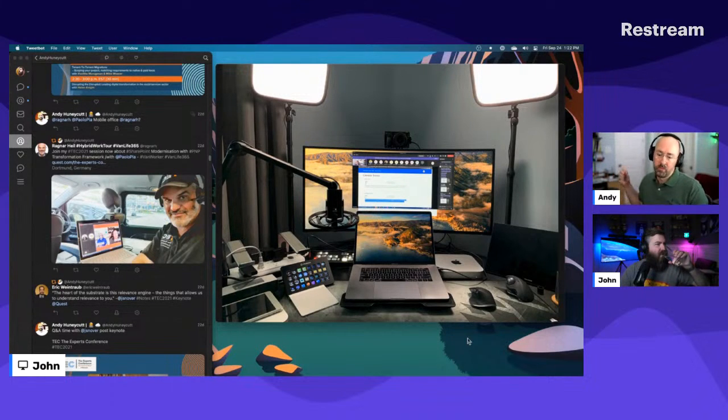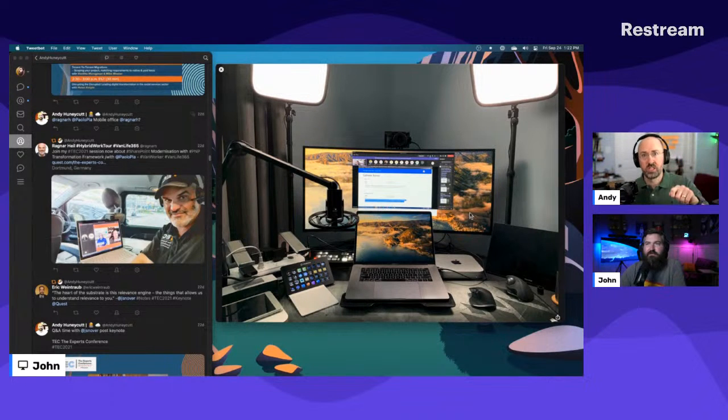So the main camera that I use is a Sony A6500. It's a mirrorless cam. This is my Sony A6000. So I have two Sony cameras. I got them both used really, really cheap. The 6500 does have a cage on it that helps to